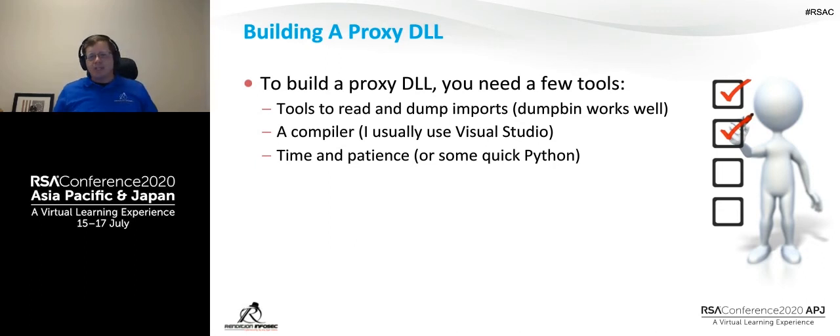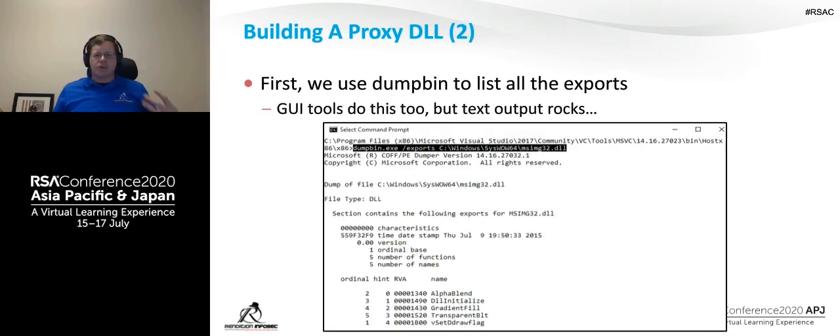So as you get into building that proxy DLL, let's step through what we do here. My step one: first I need to use Dumpbin again, or any other tool that can read the exports. But what I'm doing here really is getting away from the GUI and going to the command line interface. I used to have a joke with people about CLI where I'd ask, hey, what does CLI stand for? And they'd say, the command line interface.